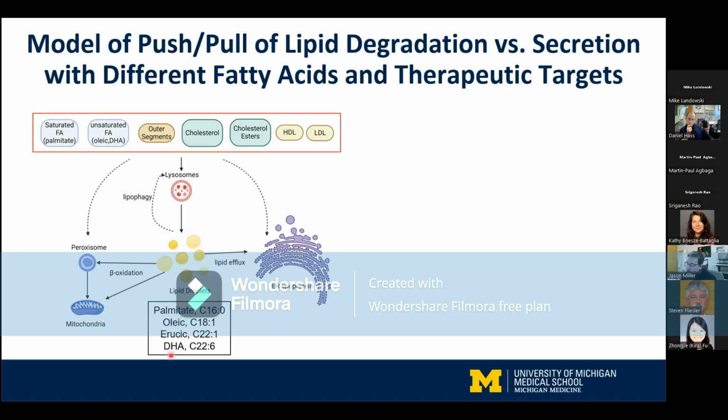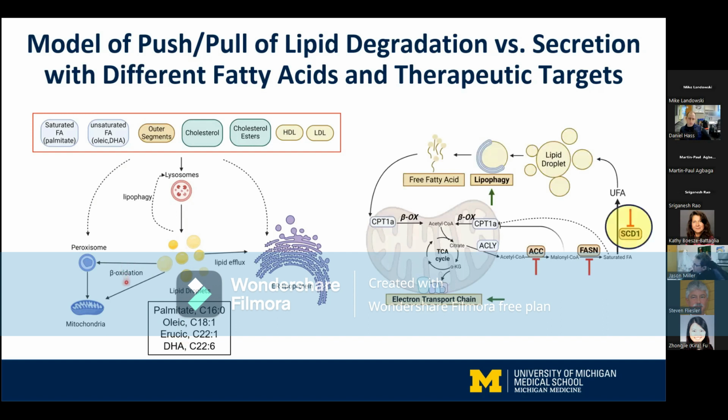And of course, arachidonic acid and DHA, we think, and this is what we need to be proving, will make their way into the peroxisome and then be released as shorter chain fatty acids that then can make their way into the mitochondria. And so, each one of these, by being handled differently, really may be promoting secretion versus degradation at a different level. In particular, we've got this sort of simple experiment, which we definitely need to confirm and maybe